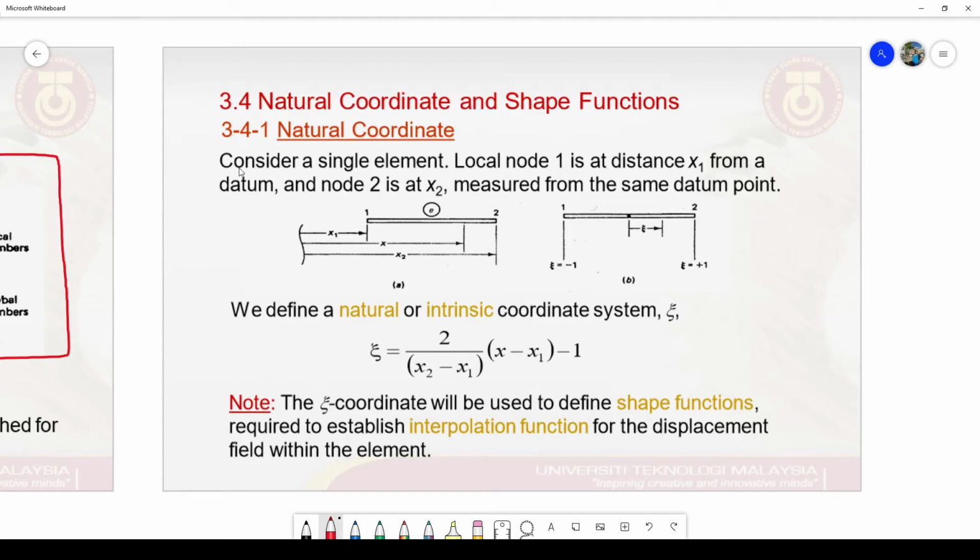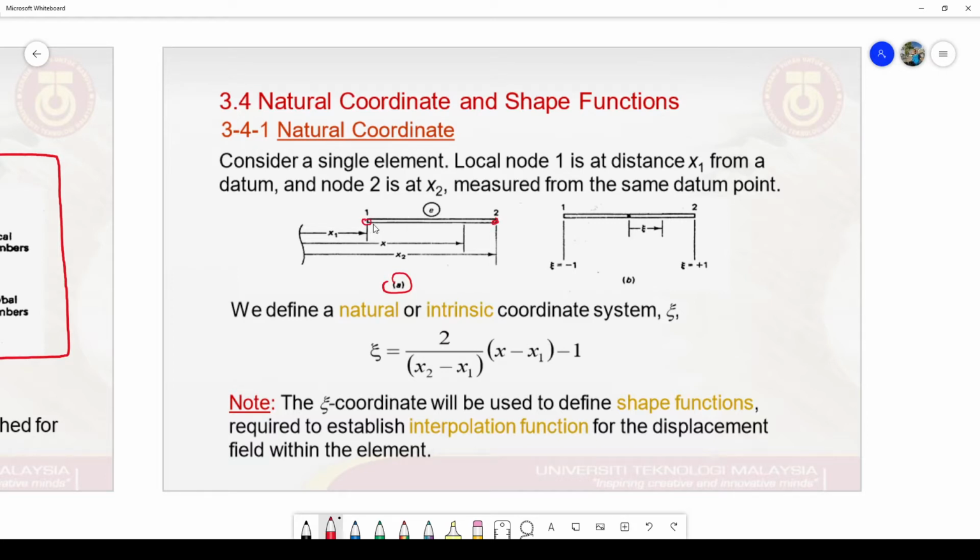Now let's look at the natural coordinate system, where in these sessions we are going to start to look at our elements in a new coordinate, which is known as the natural coordinate system. The coordinate system has non-dimensional units. So consider a single element as we have in figure A here, where, for example, if we take n